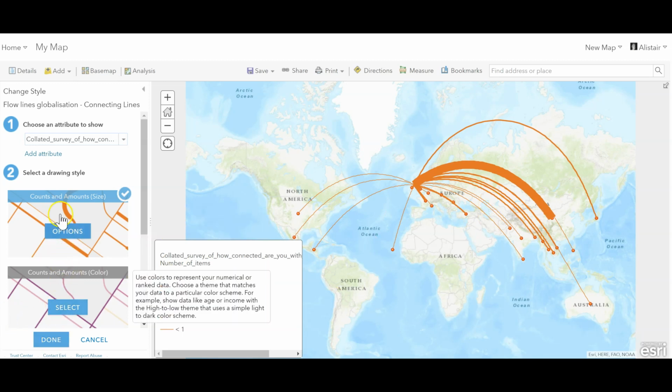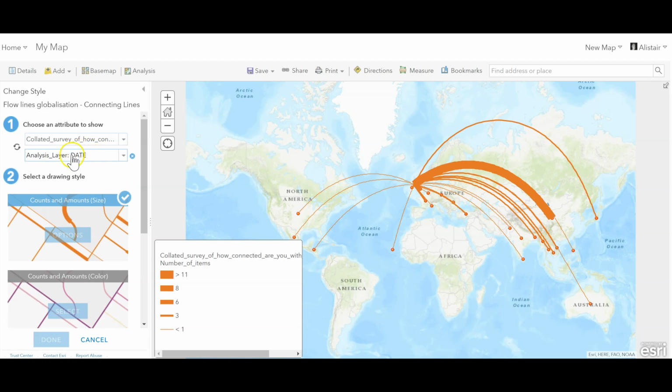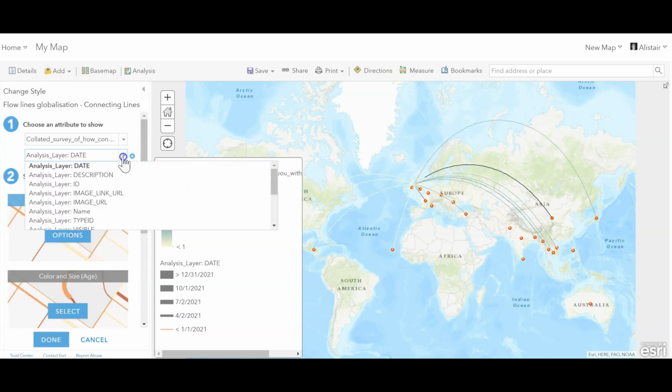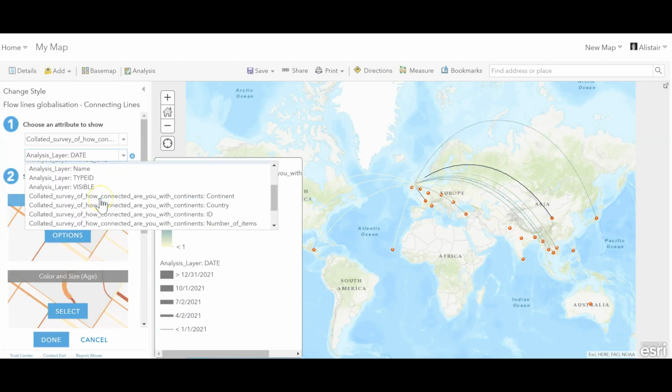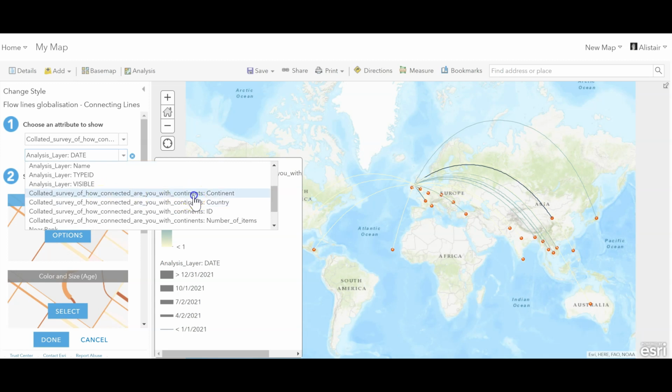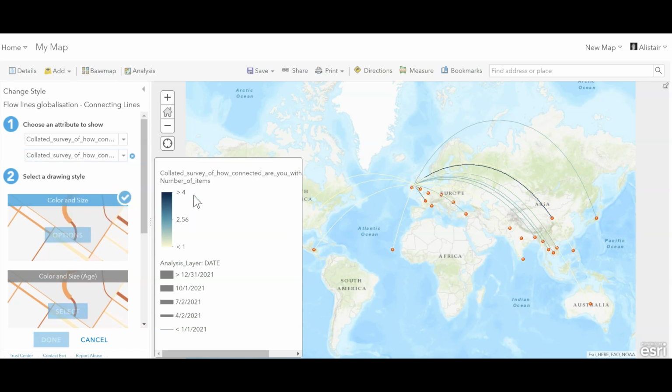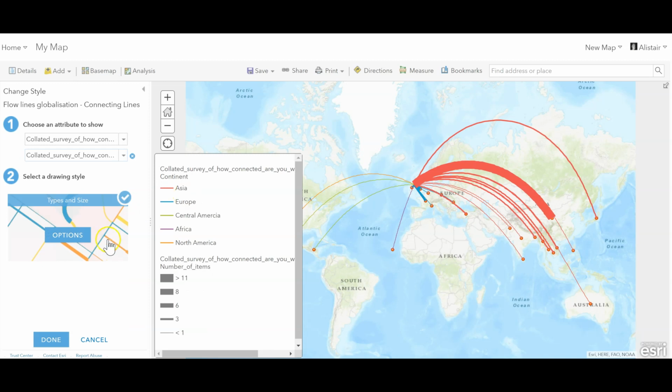But there's something else that I want to put in here as well. I want to link that to the continents that they come from. So I'm going to click there to add another layer, and I'm going to choose here the layer of continent. And you can see what this has done now has kept the proportional lines for the amount of the flow, but now we have the colors for the continents that they're coming from. So if I click done,